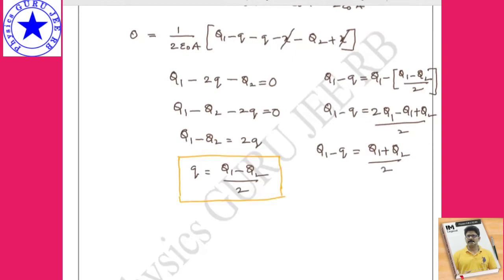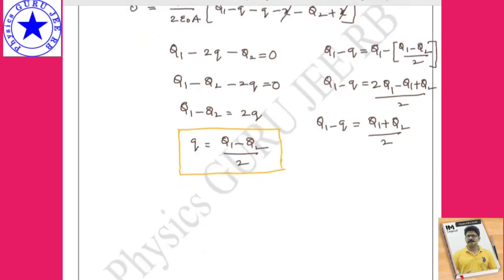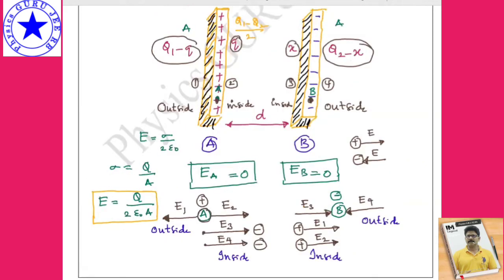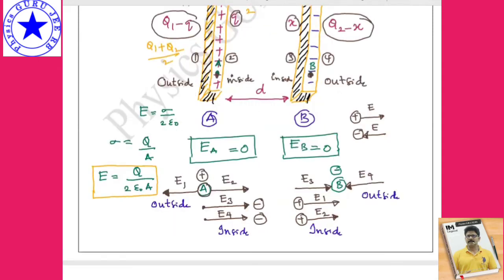(Q1 plus Q2) divided by 2. It is clear. So this is the charge distributed on the second, that is outside surface. Outside surface I can write here. So what is outside surface? Yeah, this will be the outside surface. Here I am getting (Q1 plus Q2) divided by 2. Hope it is clear. One side inside is (Q1 minus Q2) divided by 2, outside is (Q1 plus Q2) divided by 2. Right? Hopefully it is clear.